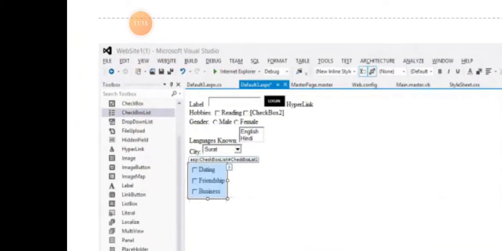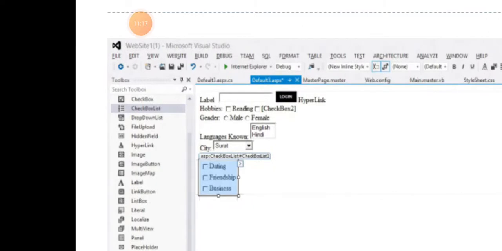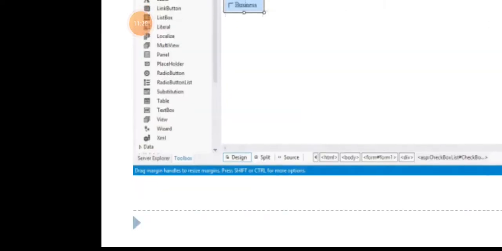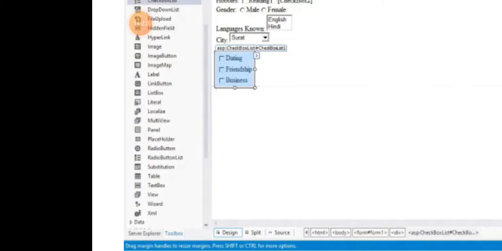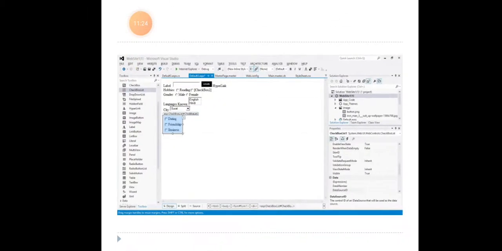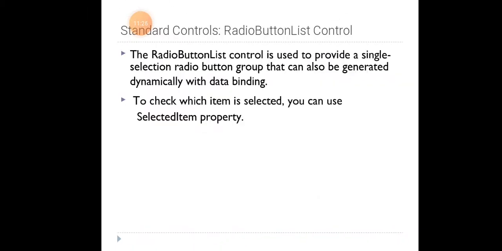Here is an example for the checkbox list. It consists of the hobbies: dating, friendship, business. Next, radio button list. It is nothing but just like our normal radio button. It also consists of multiple radio buttons in a single control. The radio button list control is used to provide a single selection radio button group that can also be generated dynamically with data binding.